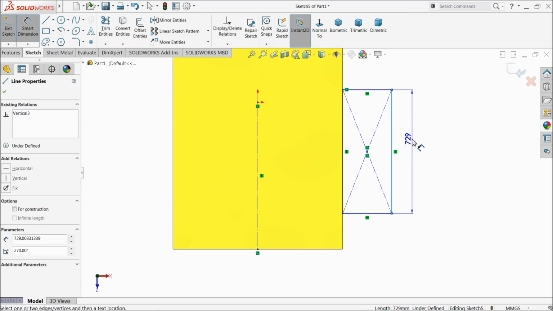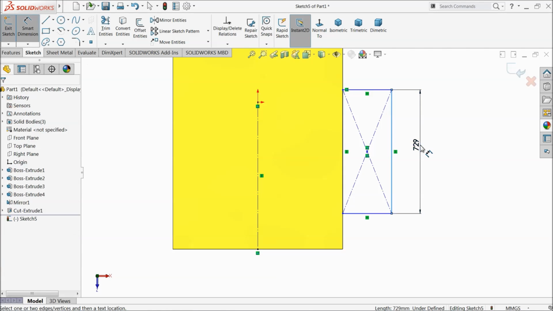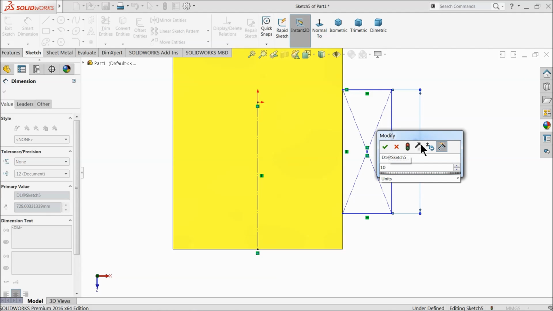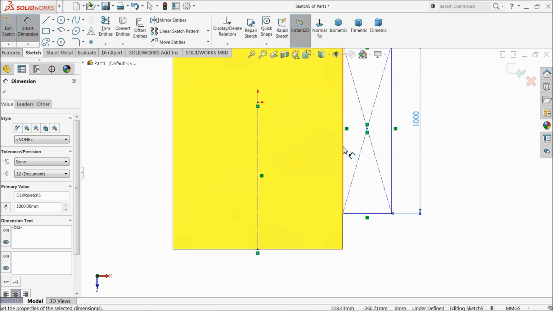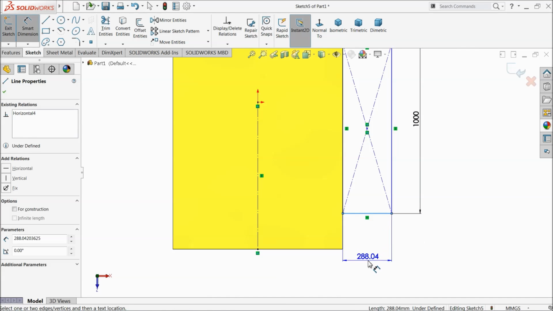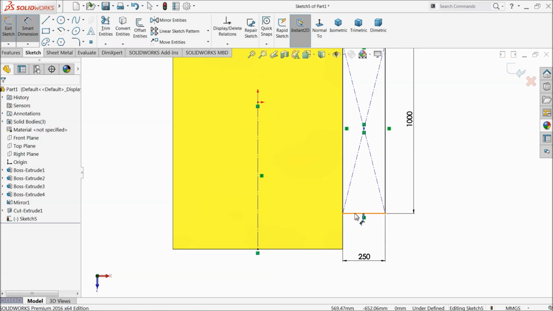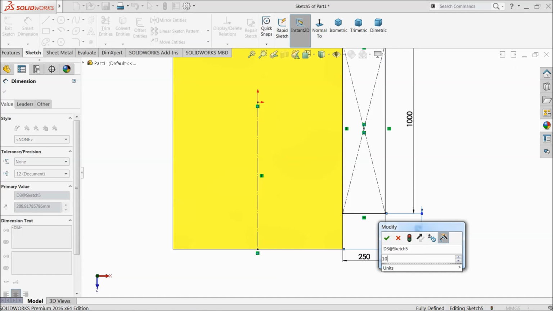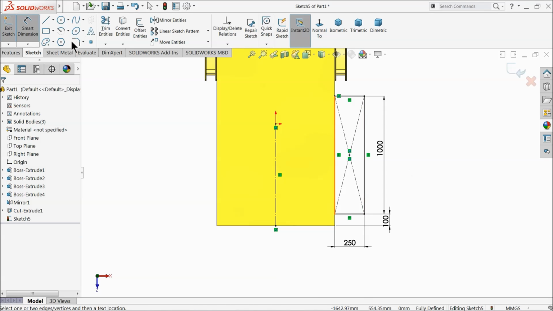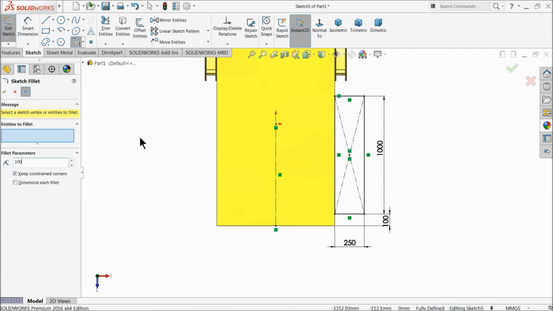Now let's define it. 1000 by 250 millimeter, and let's make the distance from here 100 millimeter. Fillet 100 millimeter and select these two corners. Okay, that's it. Now let's try to mirror